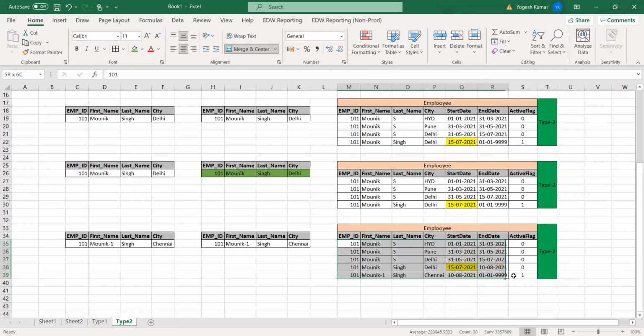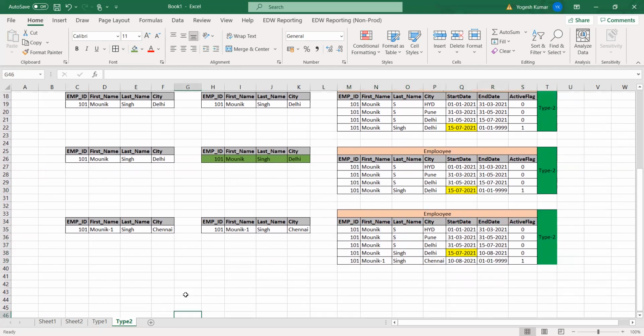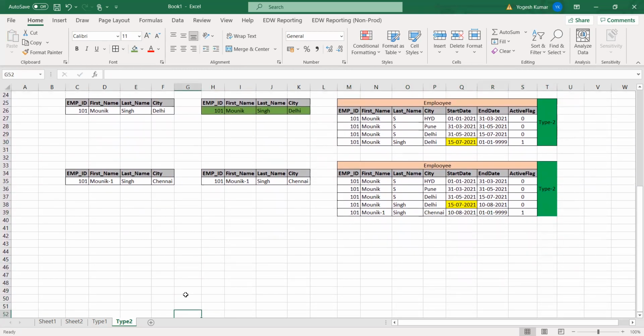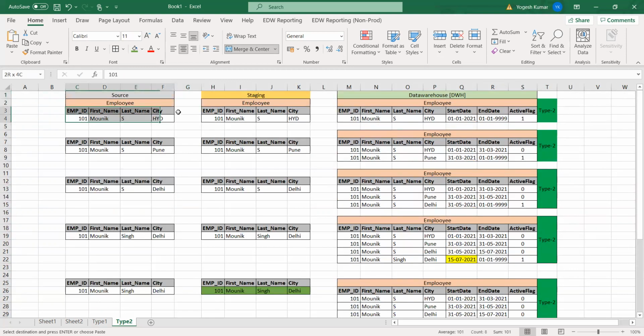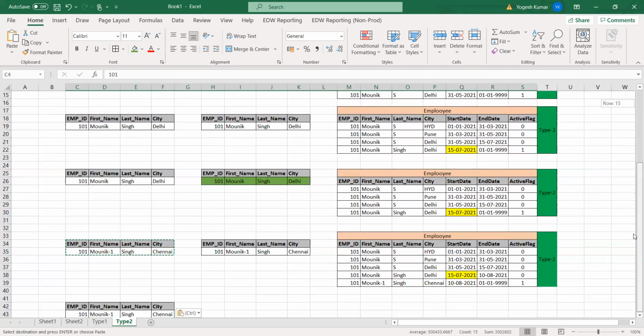Nice. I will have one more example that is a little bit related to these kinds of things only. Then we will have done all scenarios related to type 2. Next is this user again moving back to the hometown. What was the hometown of this user? Hyderabad. Let's say first he was staying in Hyderabad, right, in the first record, right guys? Yes. Now he moved back to Hyderabad.